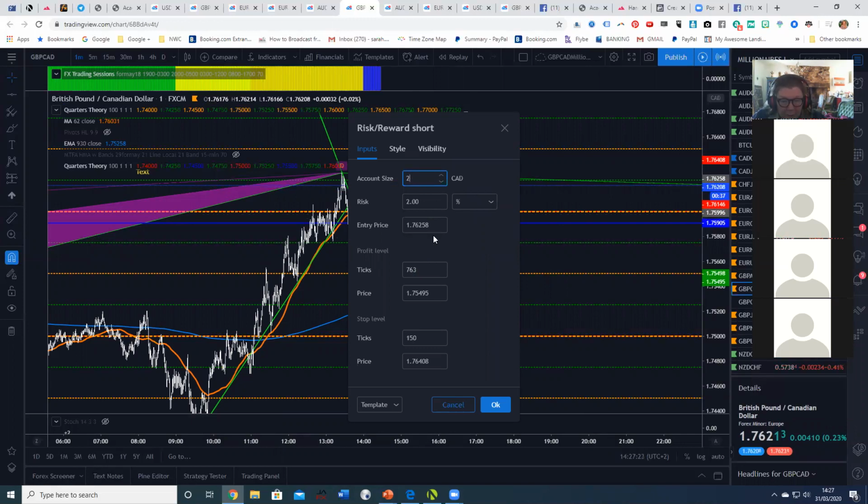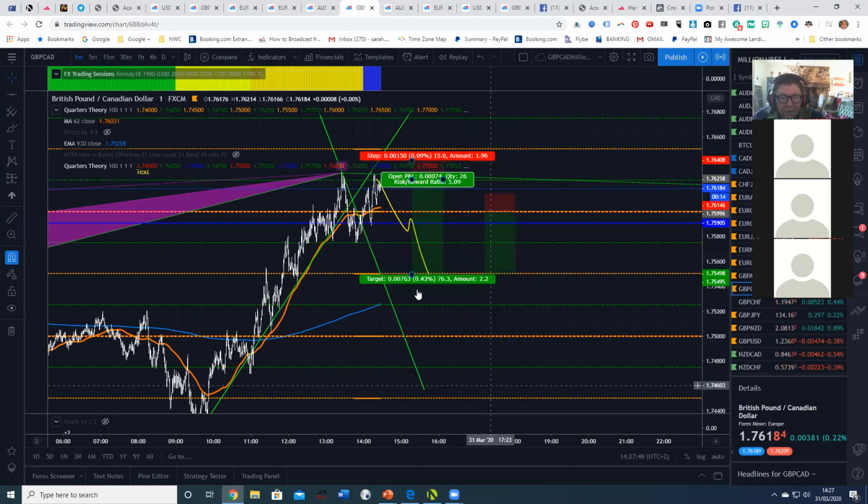I'll try and tidy it up afterwards if I can do that. 1.76408 was 15 pips stop loss, and then a take profit, but it's going to move down more than that. But you've got to watch for those swings back on your stop loss. That's the problem with GCAD. 1.75495 is your 20 pips, but the 20 pips is set